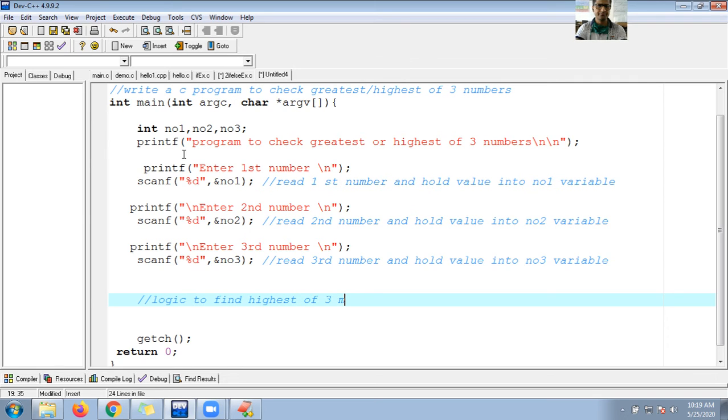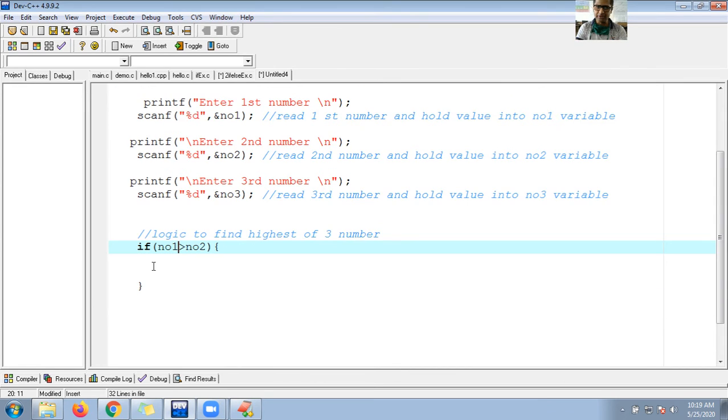So guys, here is my if. First of all, let me check, what is the variable name? Number 1, right? First let me check if number 1 is greater than number 2. Okay, so if number 1 is greater than number 2, it means number 1 is greater, or number 1 is highest. Then let me check here.